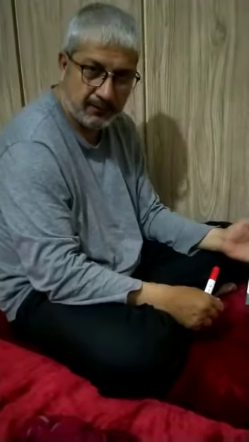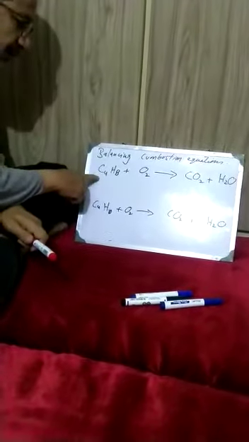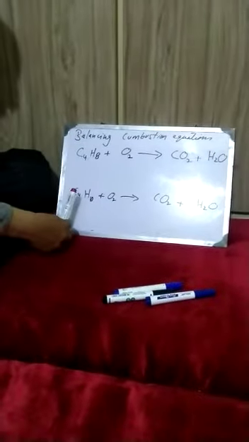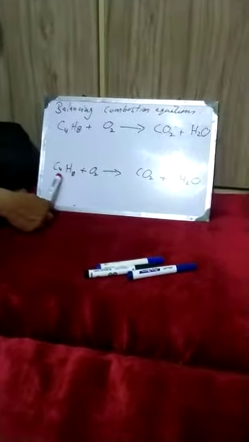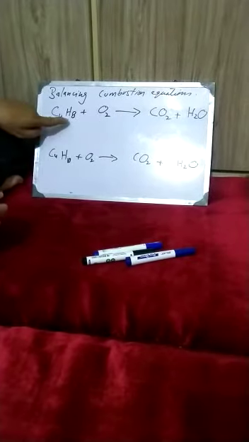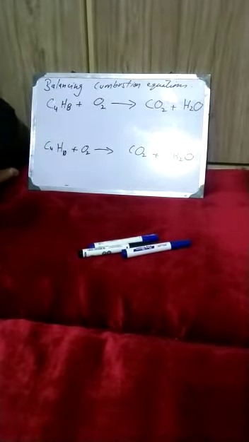Okay, now let's understand how to balance the combustion equations or reactions. We are going to understand by the examples of butene and butane. The formula of butene is C4H8. When it combines with oxygen, it forms carbon dioxide and water, and energy is released. Butane, on the other hand, will react with oxygen and again form carbon dioxide, water and energy. The difference between the two is that there are 8 hydrogen in butene and 10 hydrogen in butane.